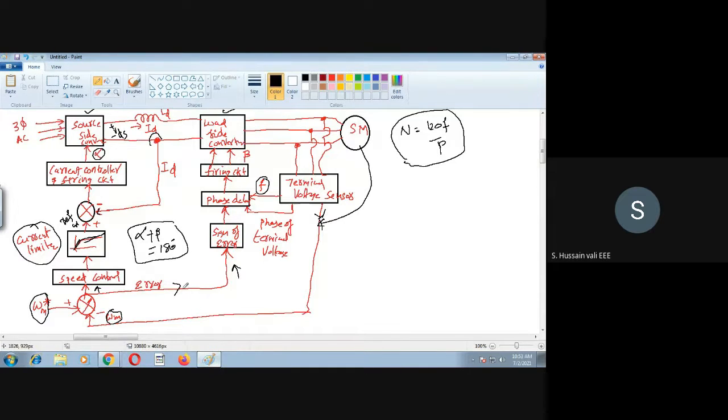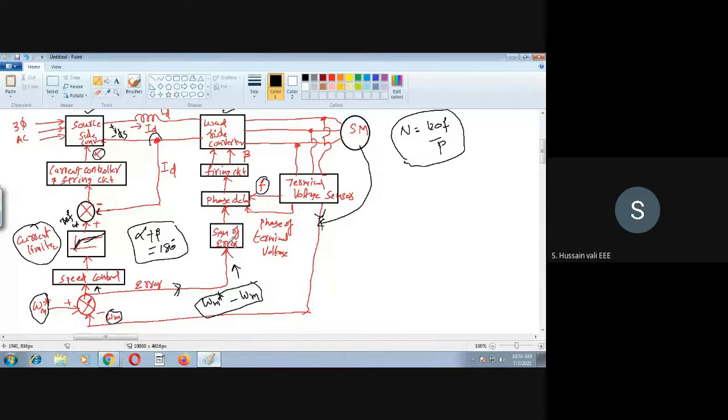Now coming to the other side, the speed error goes here. Then there is a block here. What is the sign of this error? The sign of this error may be positive or negative. If you have a positive sign, it means the actual speed is less than the reference speed. If you have a negative sign, it means the actual speed is more than the reference speed. It's simple, something like this. Omega star minus omega m, this is the error. Now, this error will be negative when omega m is greater than the reference. It is positive when the reference is greater than omega m, or your actual speed is less than the reference speed.